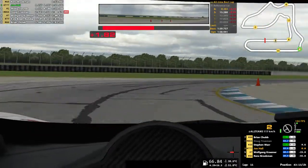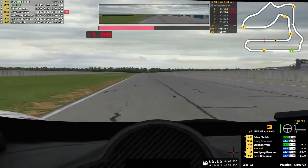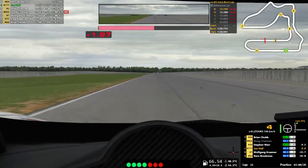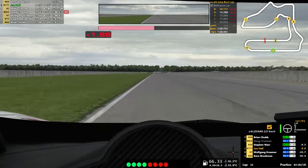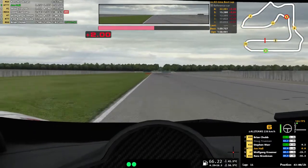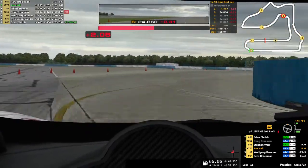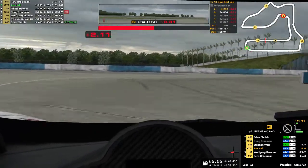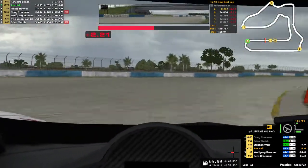And there are other side effects to think about with toe. If you run too much toe either in or out, you're going to cause extra friction because the tires aren't going the same direction as the car. So it'll cause more heat, more friction, and can slow you down in a straight line. Ideally you want those things dead straight. That's how you get the best straight line speed, but then you have to find the compromise when you get